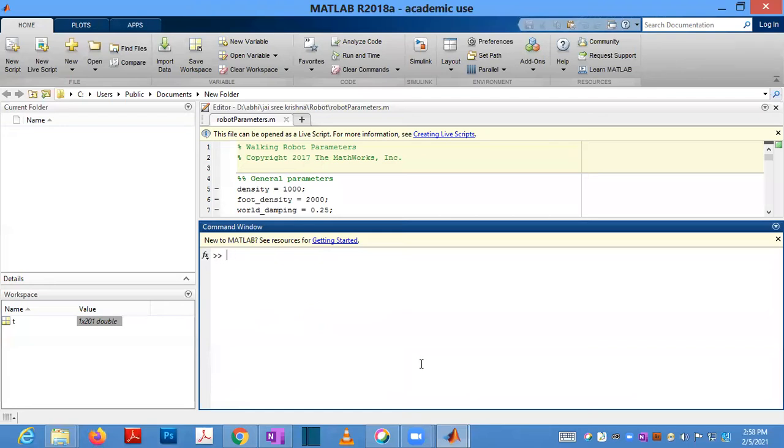Now t is there in the workspace because I created that t here and it is saved in the workspace. So if you want, you can use t later. If you want to display it now, you don't put the semicolon. In a .m file also, if you enter the semicolon, it won't display in the command window when it is running. Otherwise, whichever value is there and you are not putting the semicolon, it will display in the command window.